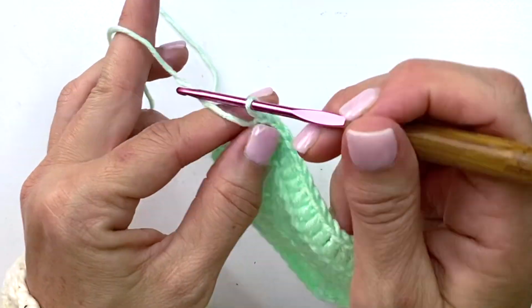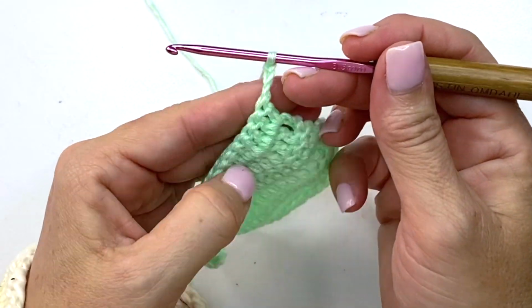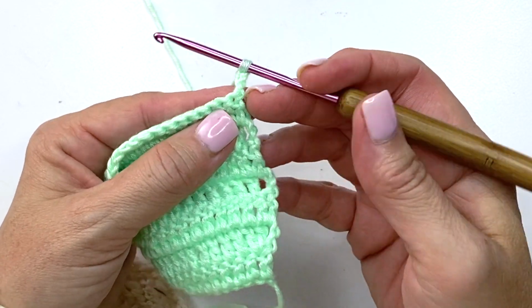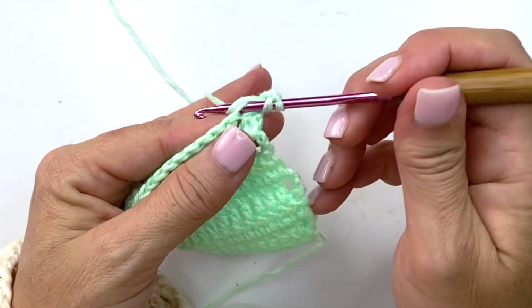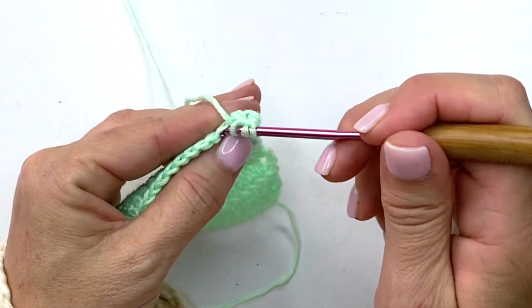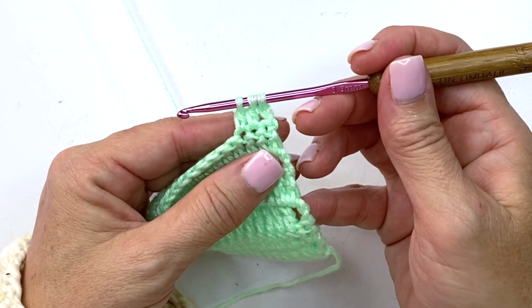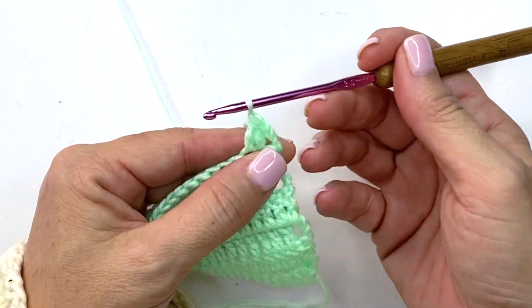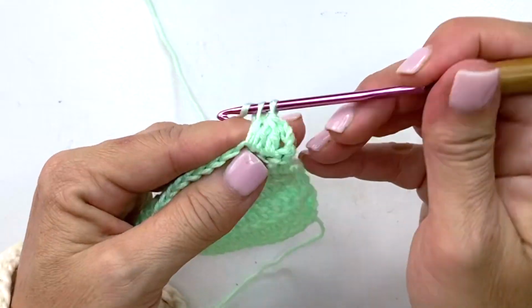Row 8 begins with a chain 3 that counts as a double crochet. Turn our work. Then in the next 2 stitches, we'll work a double crochet 2 together. Yarn over your hook, insert your hook in the next stitch, yarn over, pull up a loop, yarn over, pull through 2, yarn over, insert your hook in the next stitch, yarn over, pull up a loop, yarn over, pull through 2, yarn over, pull through all 3 loops on your hook, then 1 double crochet in each stitch across